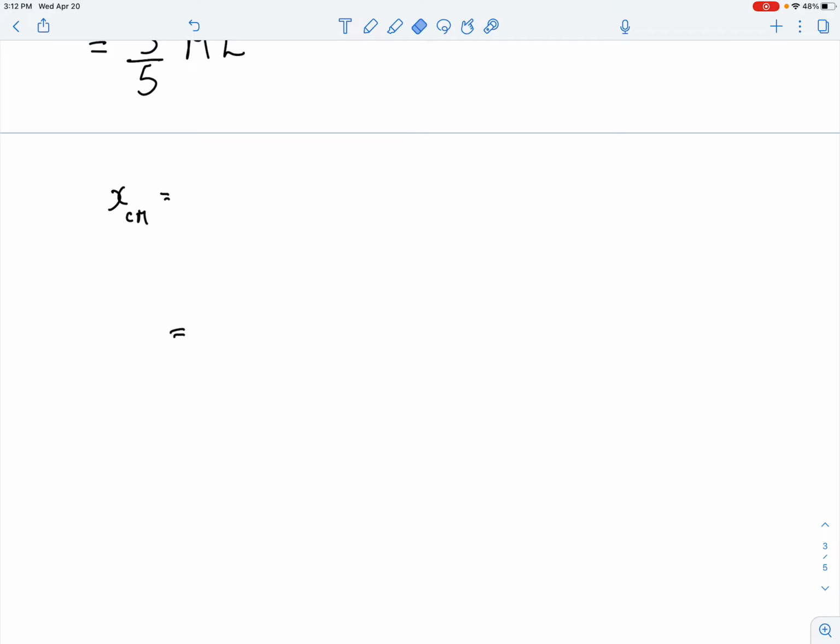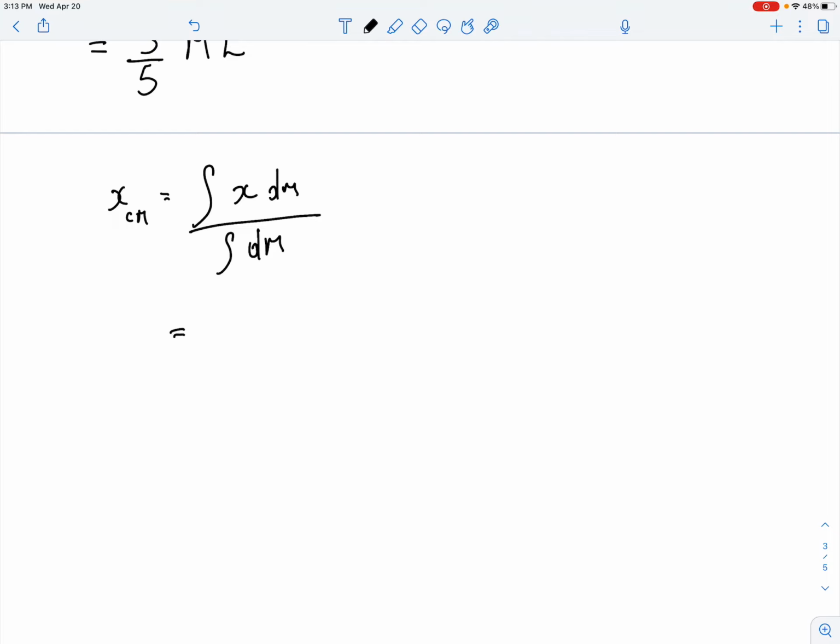My brain just had a brain fart, and I had to recollect myself because I didn't remember what the stupid x whatever was. As you're going to see from the end of the other video, it should be the integral of x dm over the integral of dm. That's what it is, because the center of mass is just mass times distance of all of them. So you're going to take up all the little masses.